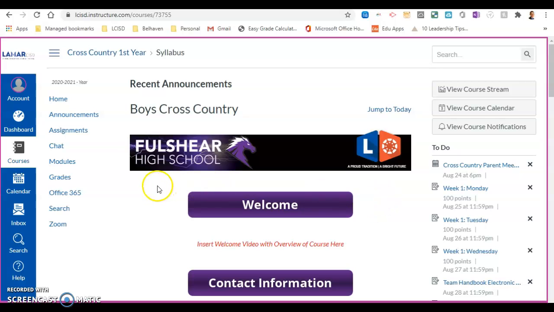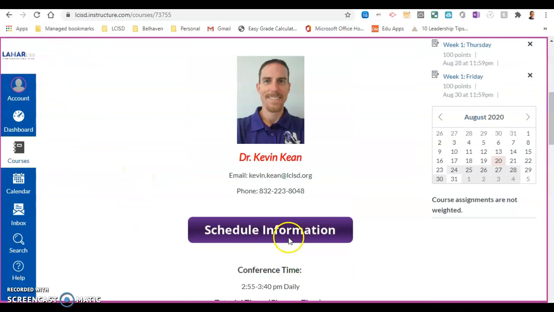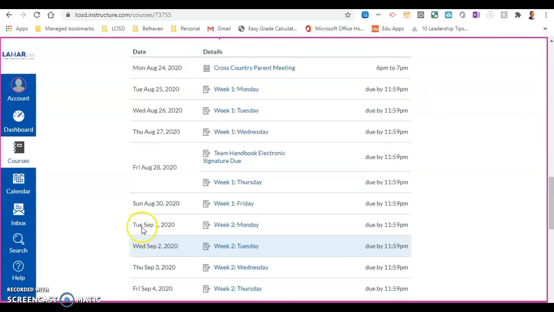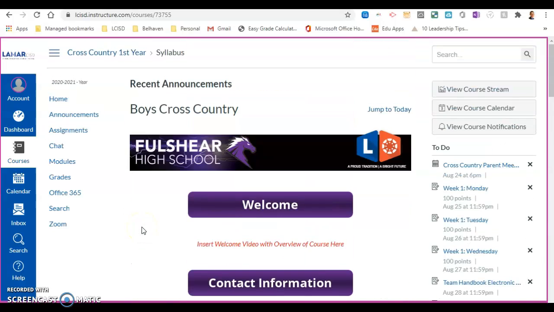So basically, here's the home page. You can see all the information here. It's got our schedule, our calendar of what you're going to be doing, and some information about me and that kind of stuff. I'm in the student mode right now, so this is actually what you're going to see. Over here you'll have all these tabs, and you've got the announcements. When I send out announcements, those will be in there. They'll also show up on the top of this page right here. And your assignments are here.